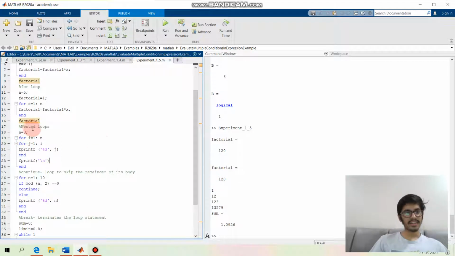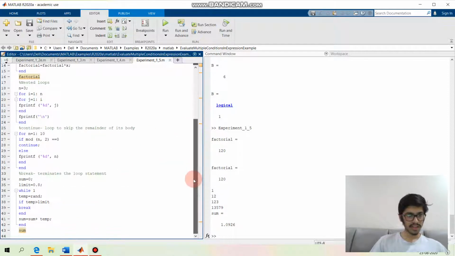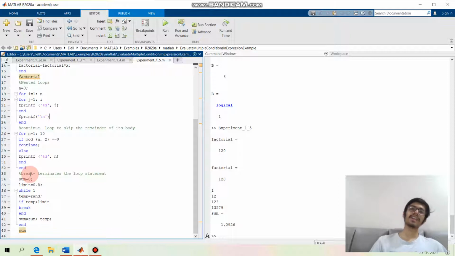Now these are nested loops, which is a for loop inside a for loop. And by considering this for loop, we get this thing. And then there are continue and break. So continue is basically used when we don't need the rest of the code, and we need to go back again to the start of the code with the next value of the iteration. And break is basically used when we need to get out of the for loop and we don't need to run the for loop again.